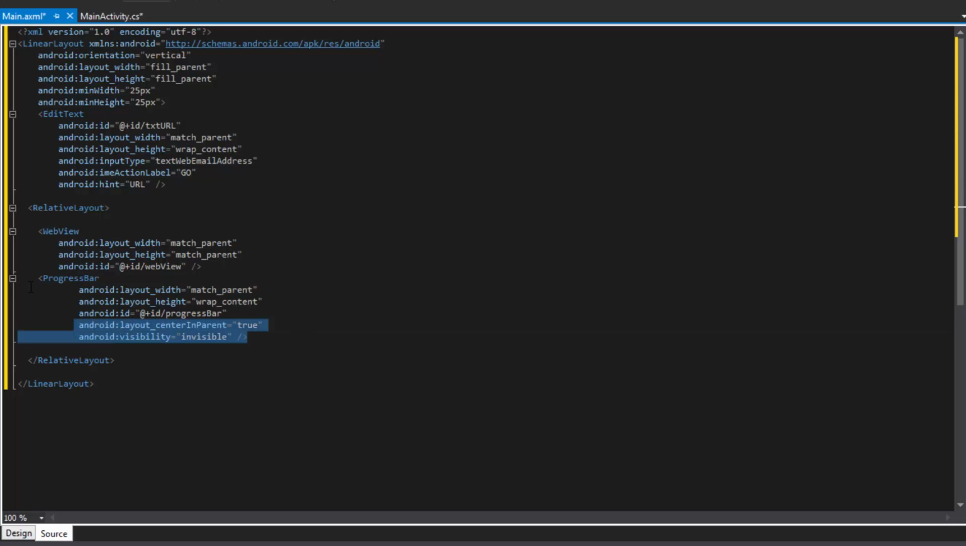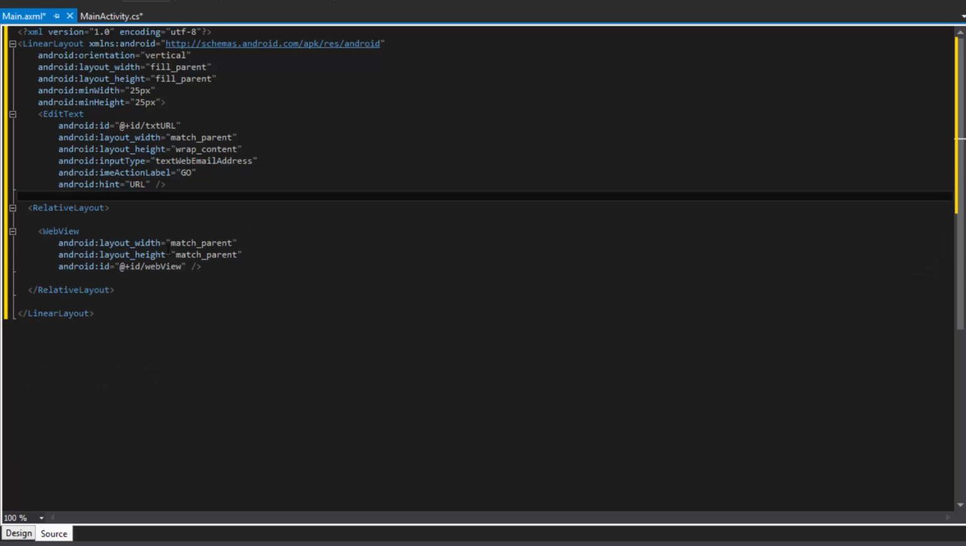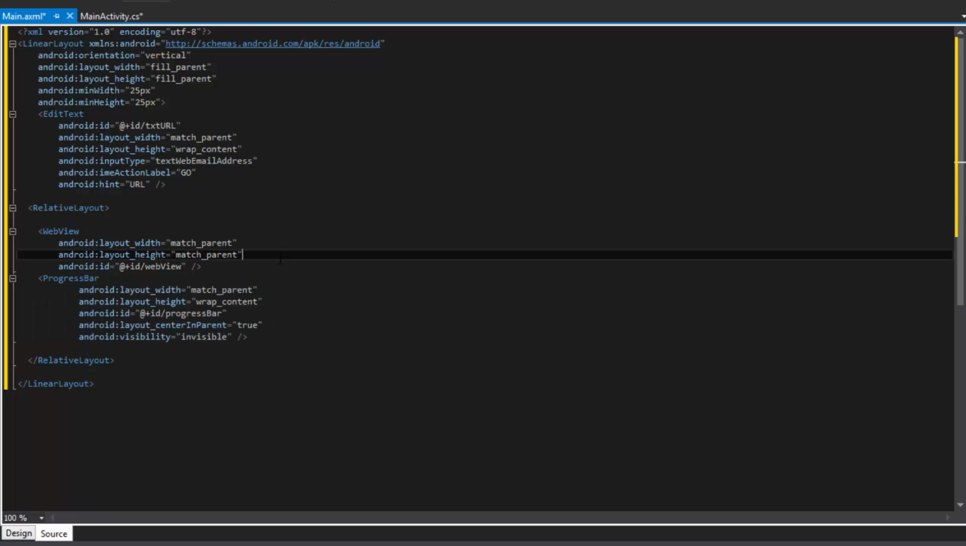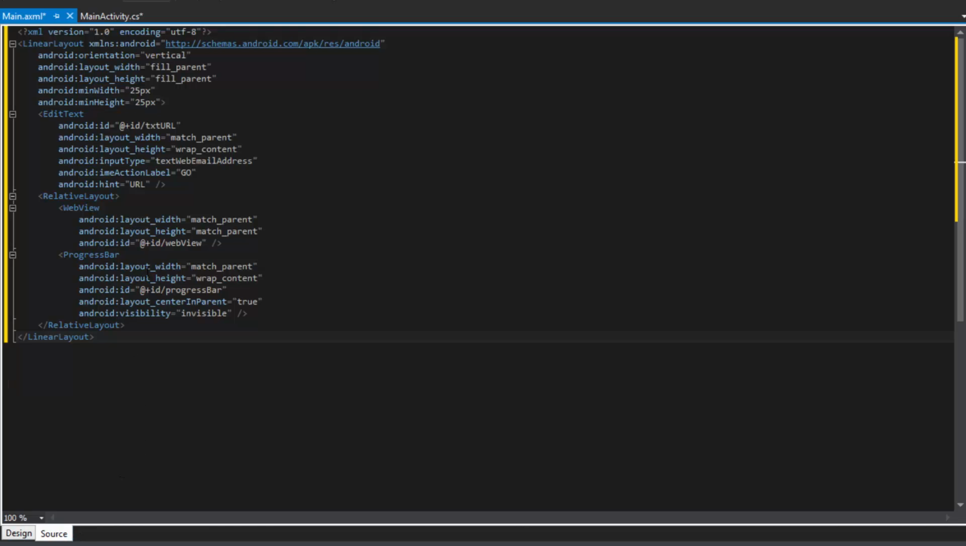If we had the progress bar inside of the linear layout, we wouldn't be able to use layout center and true, okay? So this is why we put it in a relative layout, so that it centers nicely. Okay, guys? So if we come over here, we can see